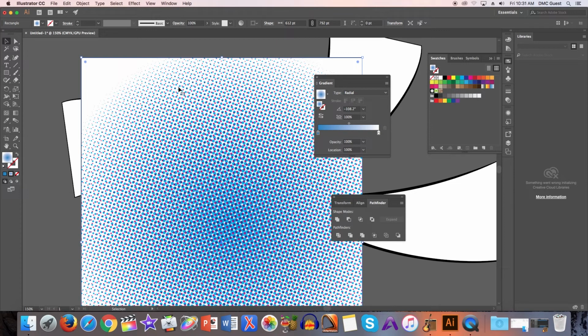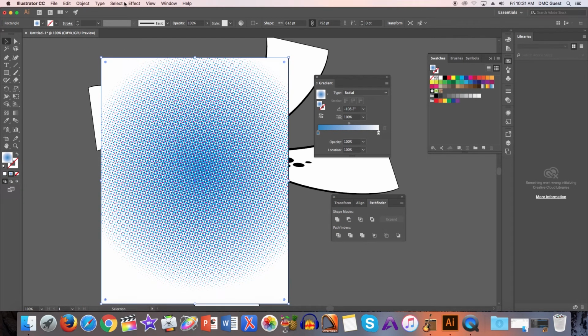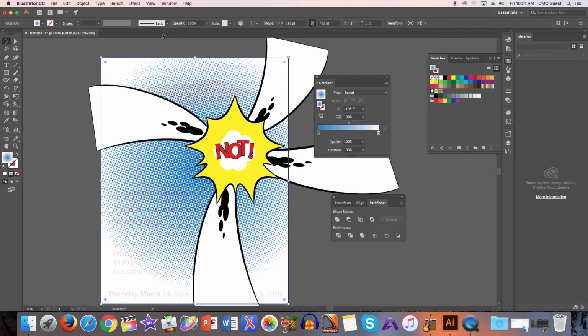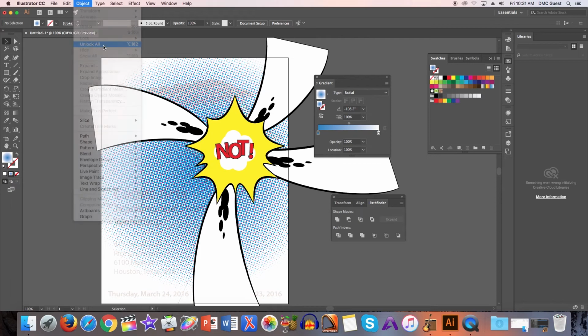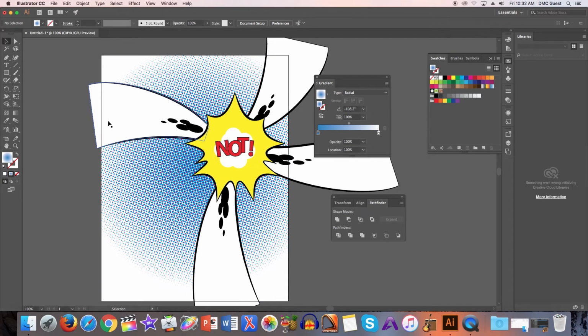Okay, so that's that. And we'll just drop this in the background. I can go to Object, Arrange, Send Backward, but I actually want this to go to the very back. So I'll go Send to Back. Okay, so I think we're done with the reference image. I'll just go to Object, Unlock All, and I can delete that reference image. Okay, so I have my background, I have my blast, and last of all, I'll just write approved in 3D